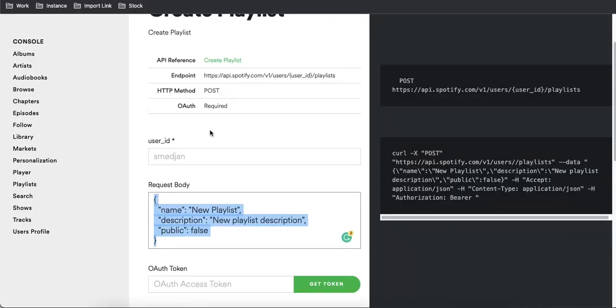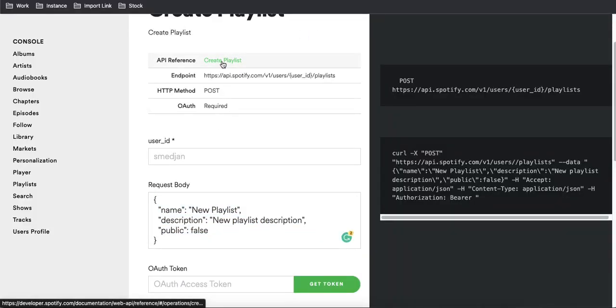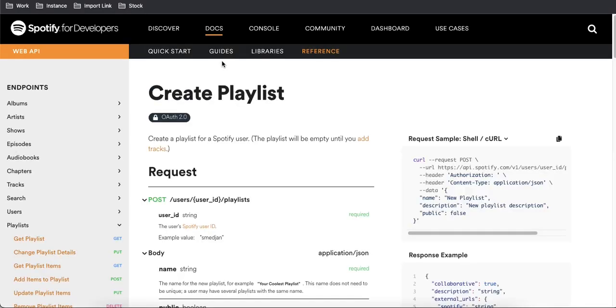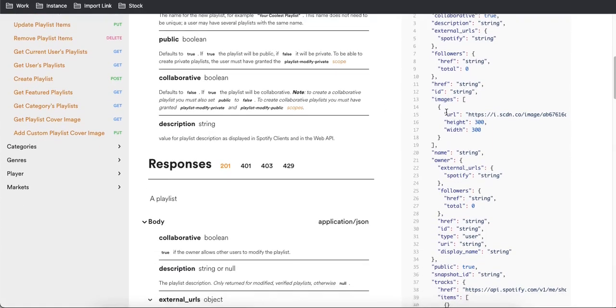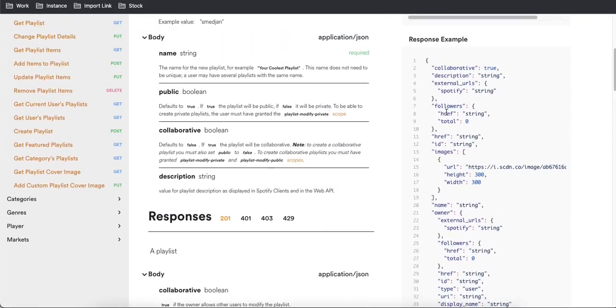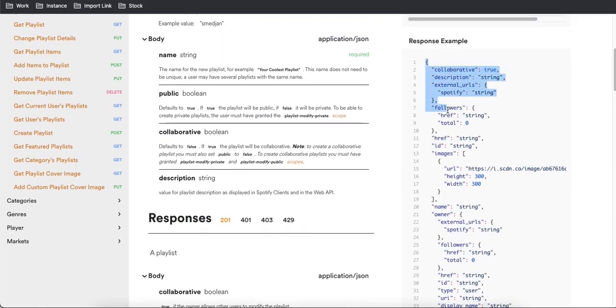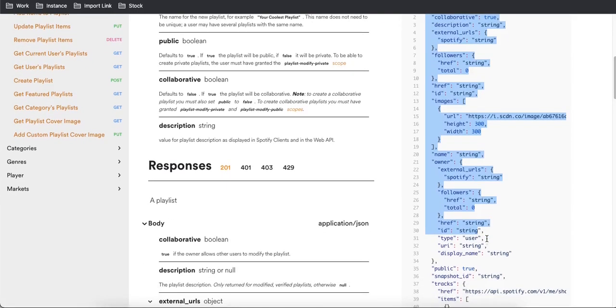So if I go back to the Spotify here, under this Spotify you can see the API references. If you click that, you will get more details on how the request will be sent and what response you will get. So this is the response you will get. You can see this is the response. Okay, I'll copy this. This is a sample response. So I'll copy this one probably from here